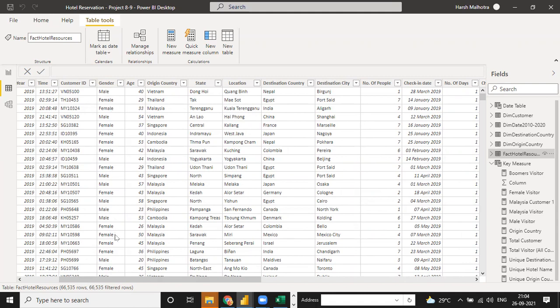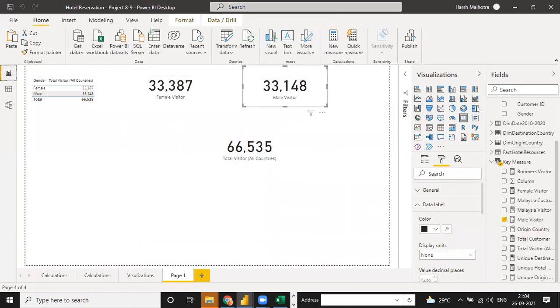But when you go gender-wise, just female or male, you can use distinct count here, because it has two things: one is male and one is female. So the better way is to use the dim table for the filter function.